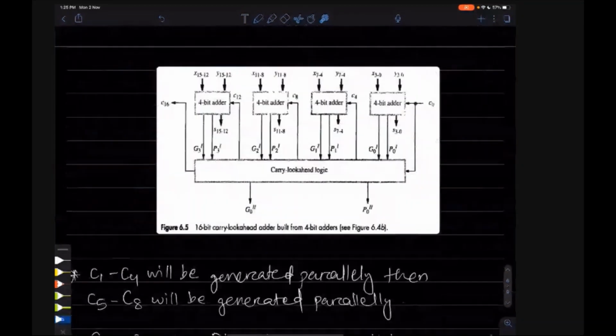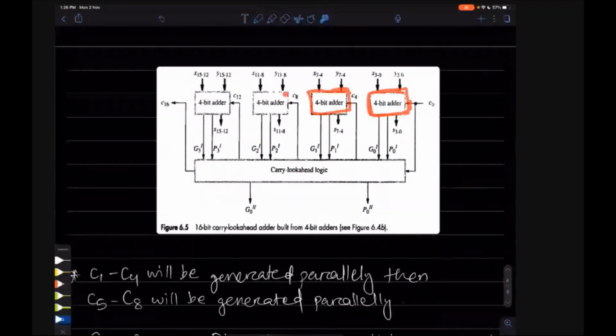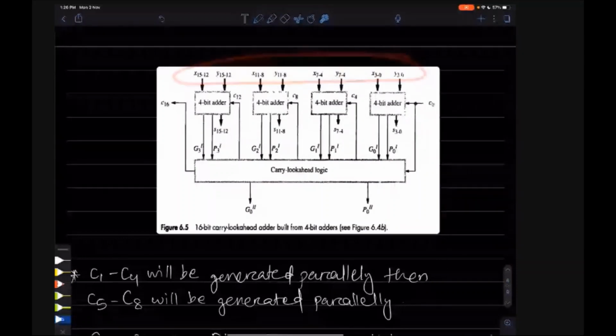Now we have seen a 4-bit carry look ahead adder. Now we can keep multiple carry look ahead adders so that we can add bigger numbers. So this is a 16-bit addition. We are giving 16-bit x and y here. We are giving a C0 here.